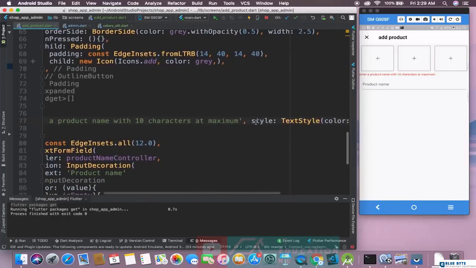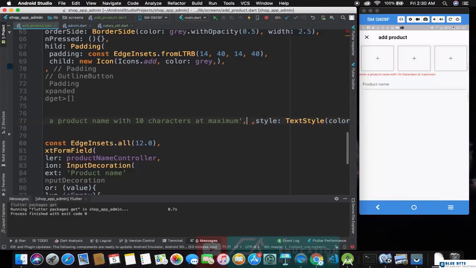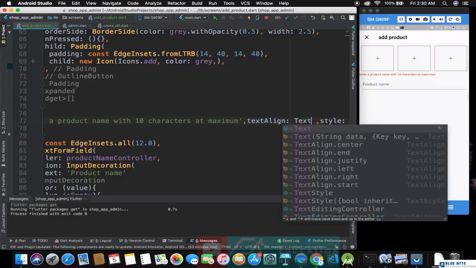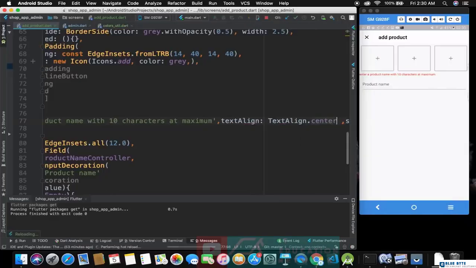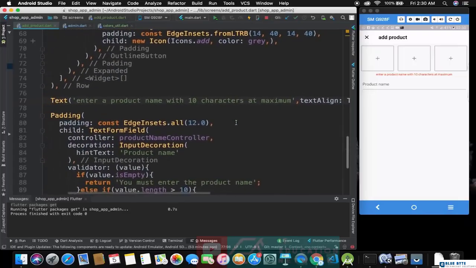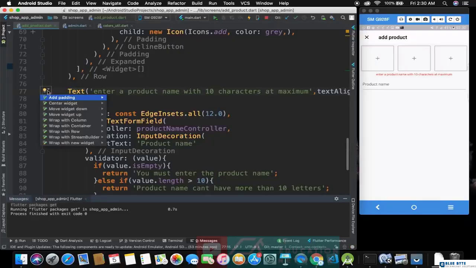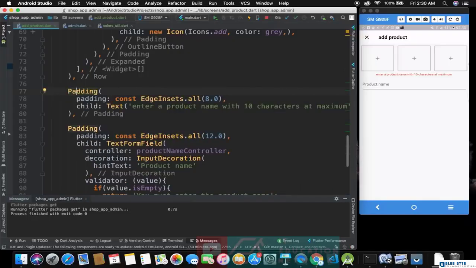Okay, and let's do first text align. We'll align this text to the center. Perfect. And we may as well add a padding to this. Perfect. So let's go back to full screen,